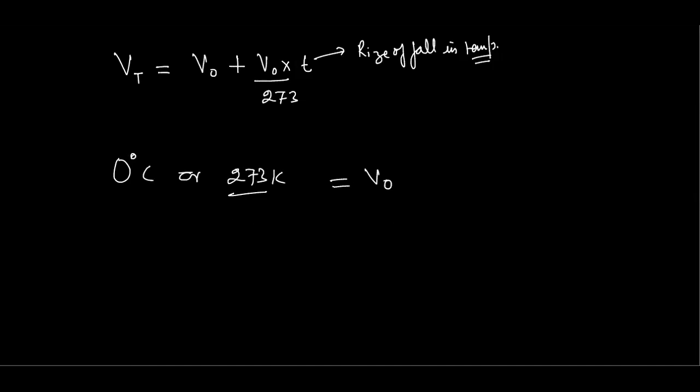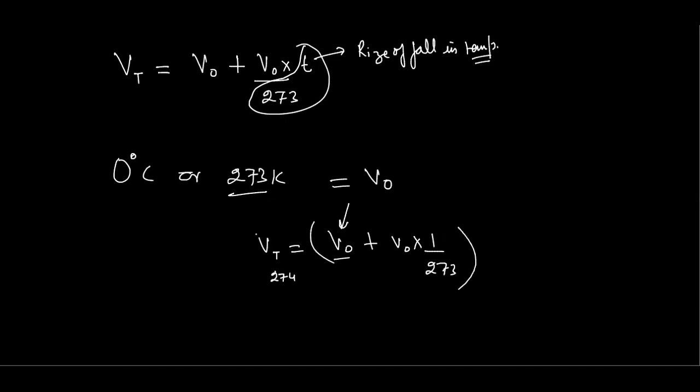So if its temperature increases, let's suppose its temperature reaches 274, that is, 1 degree temperature is raised, then from this we can calculate that the volume at temperature 274 will be V naught, whatever the volume at the initial temperature would be, plus V naught into the temperature rise. We need to add these too. So here there is a 1 degree rise upon 273. So this is the initial volume, and this is 1 upon 273 times it increases. Whatever the value of this volume comes, we need to add these two, and we will get the total volume of the gas.